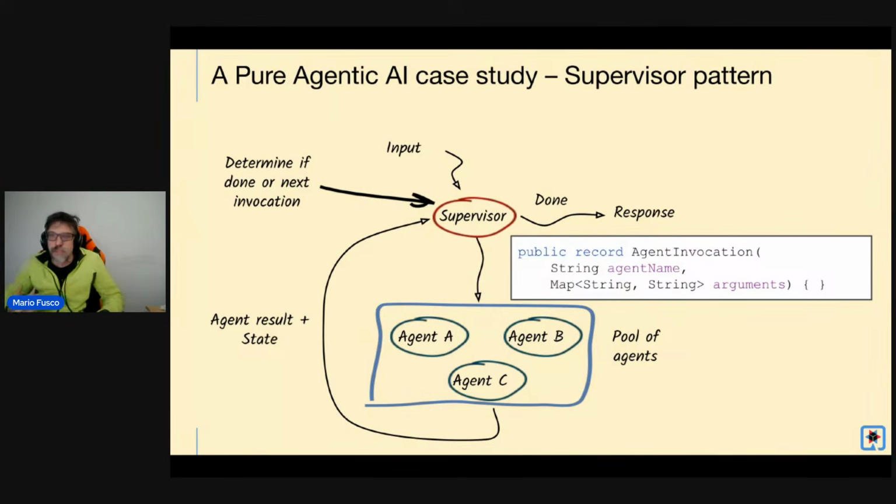So in essence, at each iteration, the supervisor generates this object called the agent invocation, that simply contains the name of the agent to be invoked, together with the list of arguments to be passed to that agent. Okay, so this is a loop up until the supervisor decides, okay, I'm done, and then I can give the